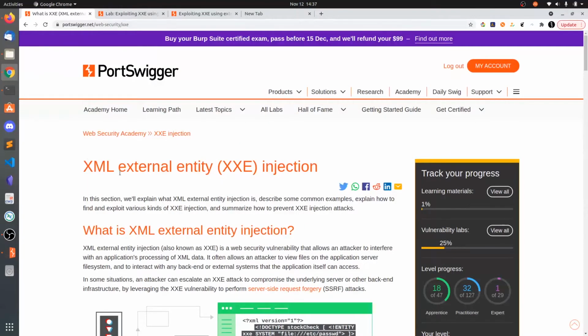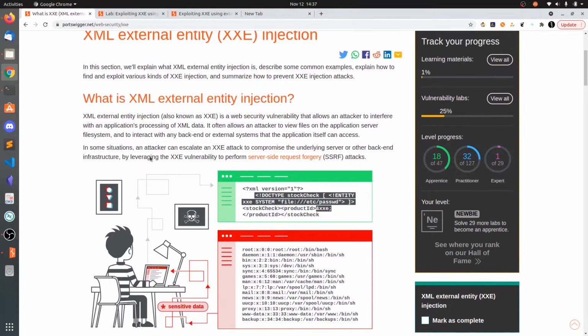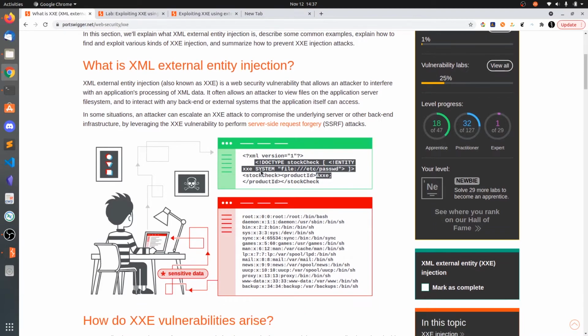So in this video we will be seeing XML external entity injection, XXE injection. We have seen XML and DTD in the previous video. Here we will be defining our own external entity. You can see in the image that the data is being sent as XML